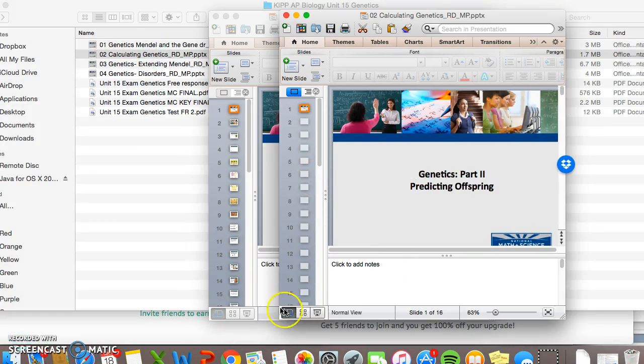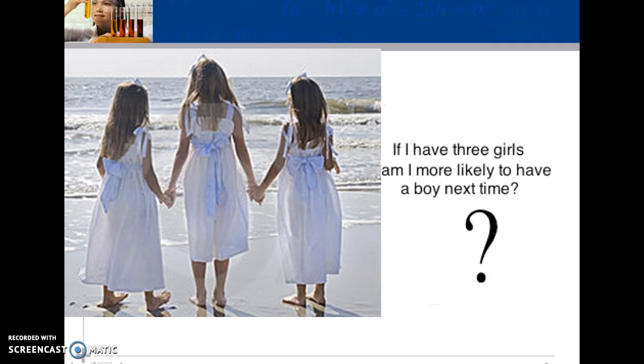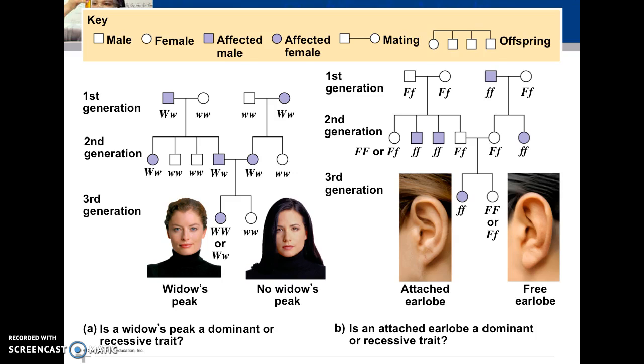So how do we calculate genetics? This is the next sort of information that we need to know. How do we predict offspring? We use these tables to track different traits. The male is going to be square, female is going to be circular, and then anything that is colored in